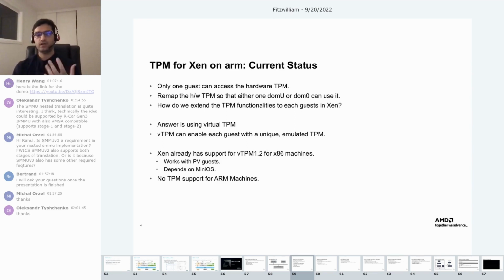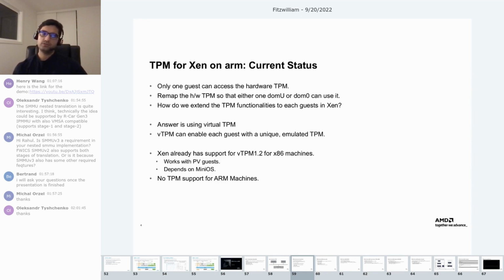Only a hardware TPM is available, and there's one of them on each system, so only one guest can access the hardware TPM. If we want to share it with other guests, we can just remap it, but how do we enable each guest to have its own TPM? So we went with an